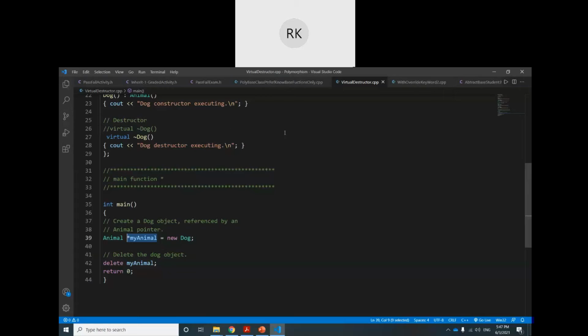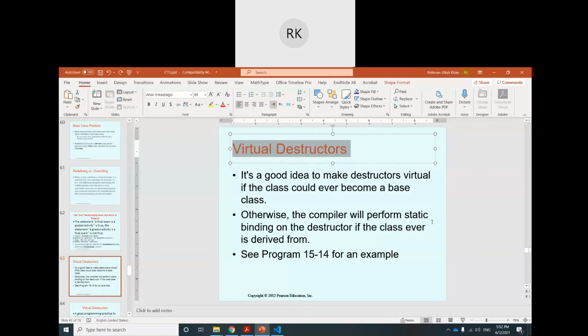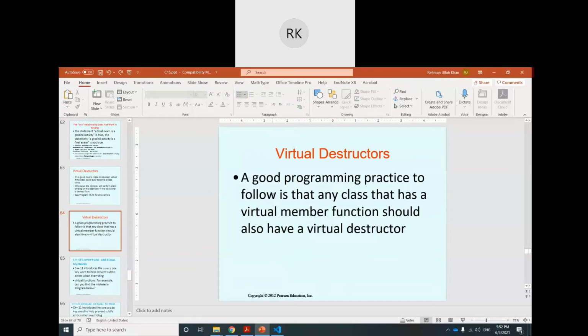I should explain, but I forgot at the beginning actually. In a parent class, we should make the destructors virtual, because when there are child class objects, then they will be cleaned properly. Next topic: a good programming practice to follow is that any class that has a virtual member function should also have a virtual destructor.